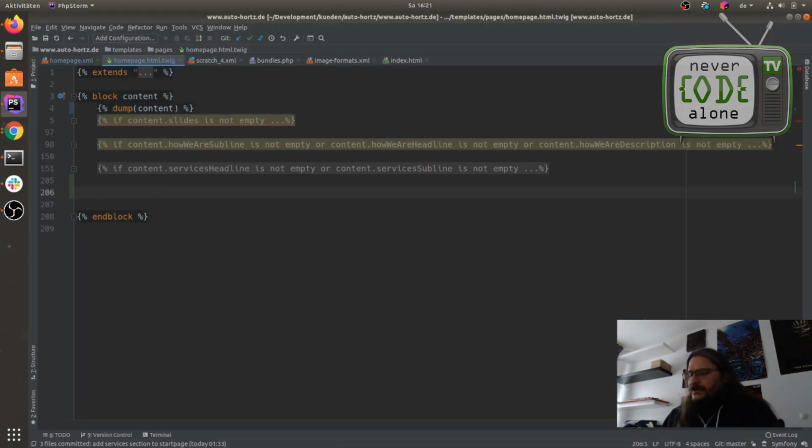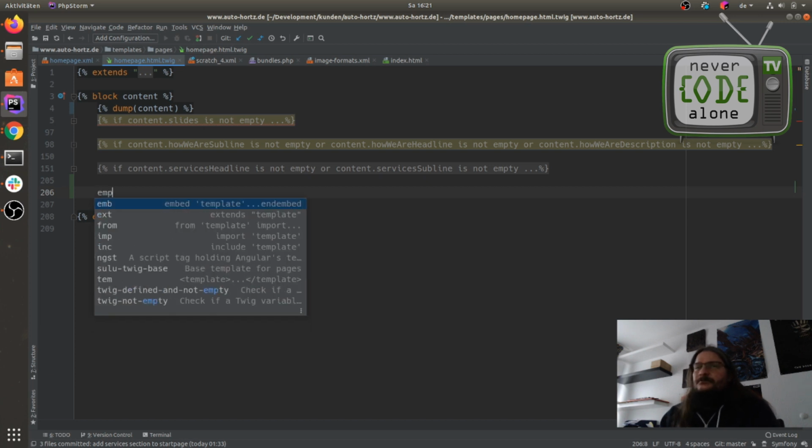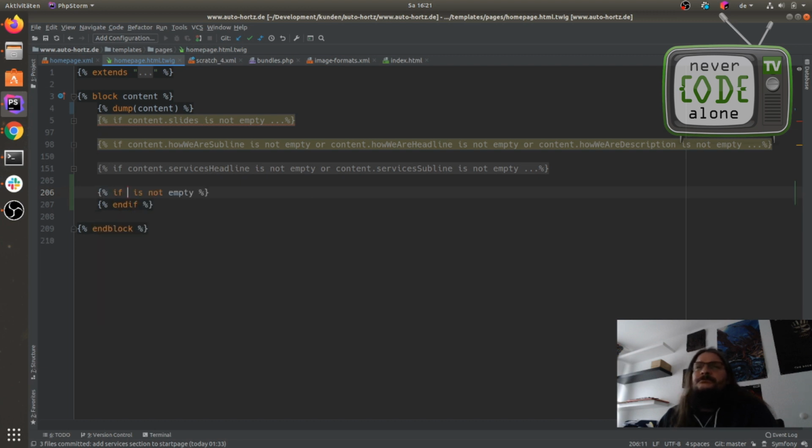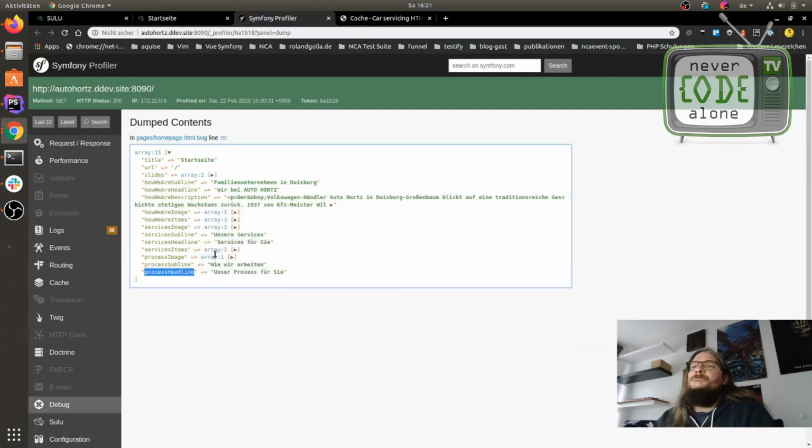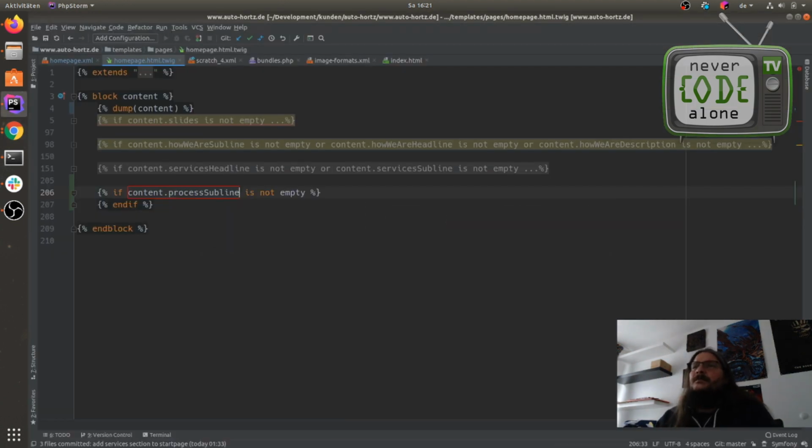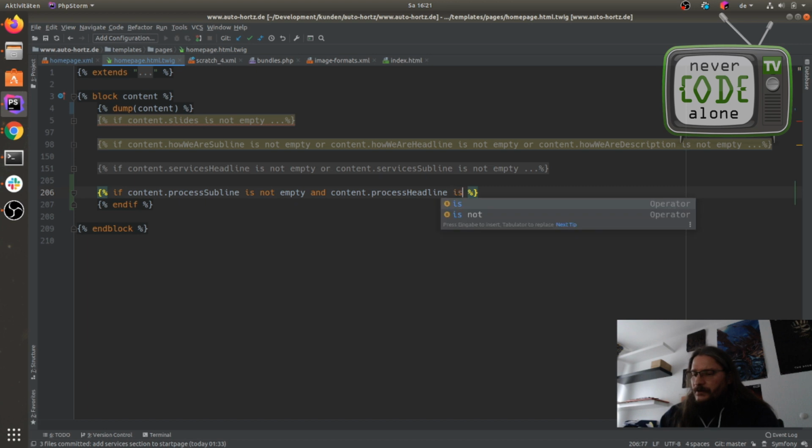And now I just say here, a Twig not empty, content.subline and content.process headline is not empty.